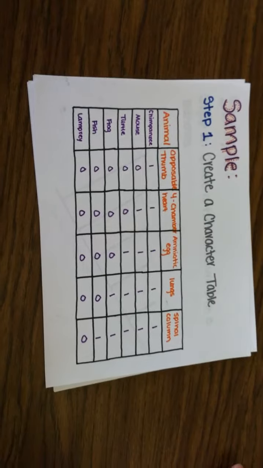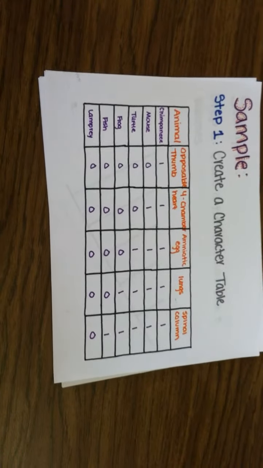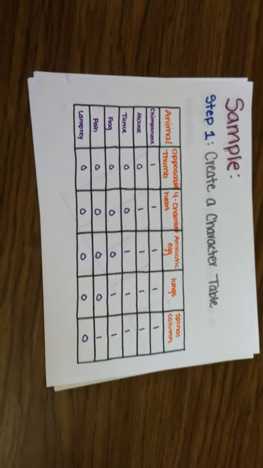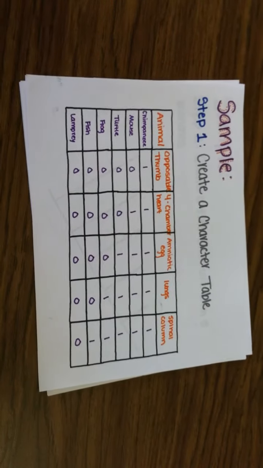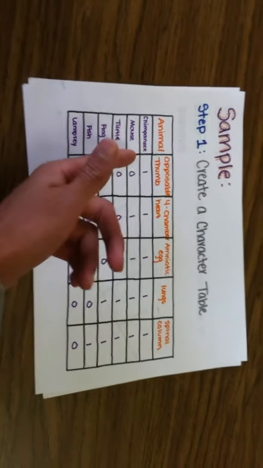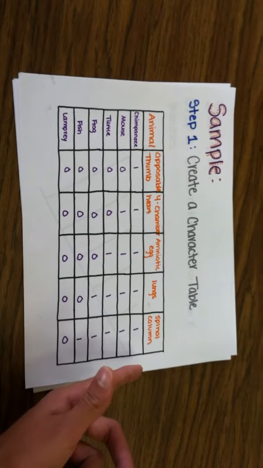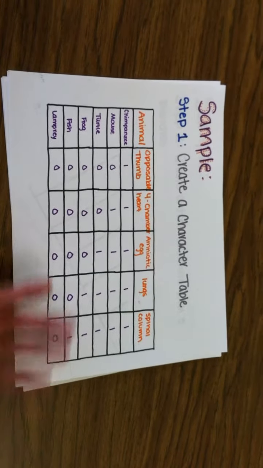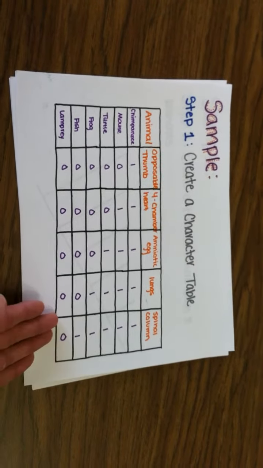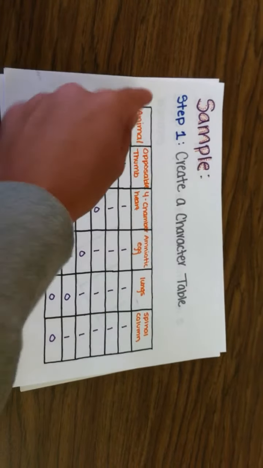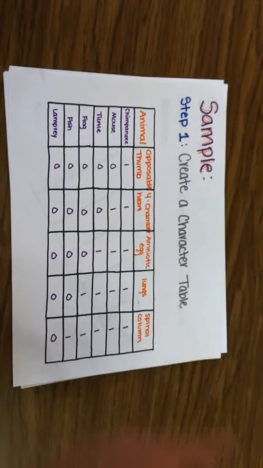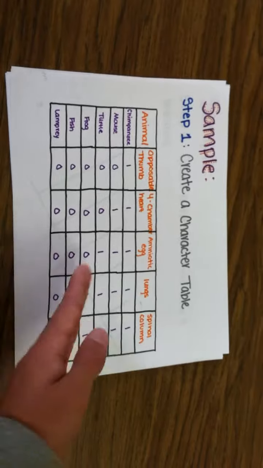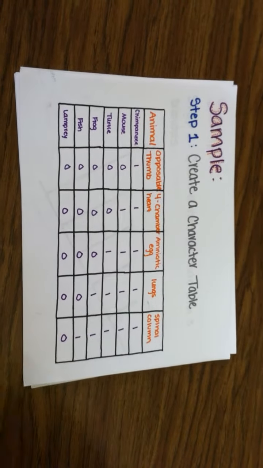Sample 1. Create a character table. As you'll see, the chimpanzee has all of the traits. Therefore, the lamprey at the bottom has none. So this is the simplest character down here, and this is the most diverse and complex, being the chimpanzee, and all else falls in between, having a common